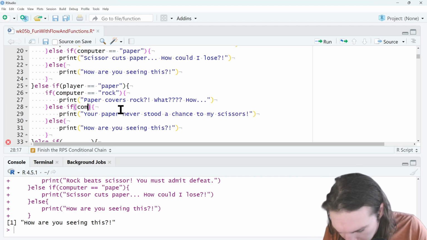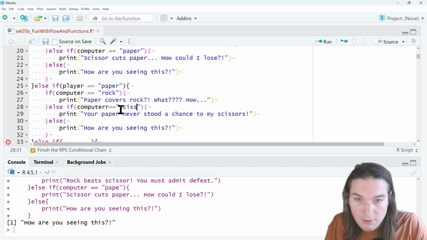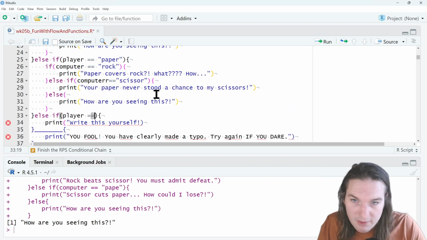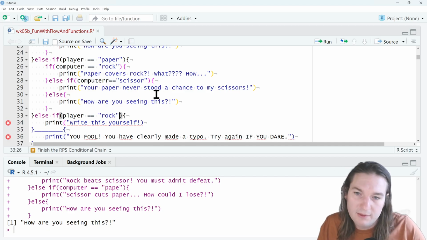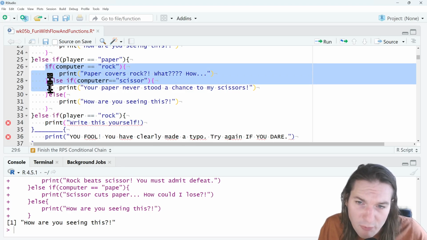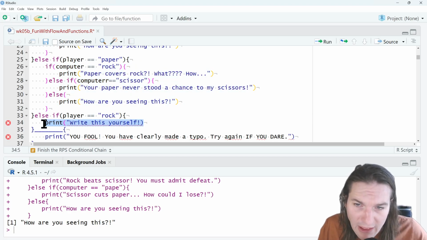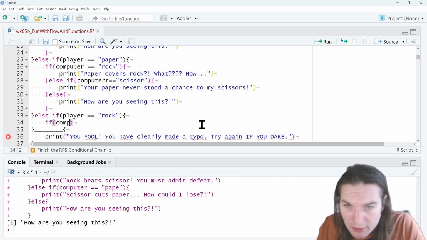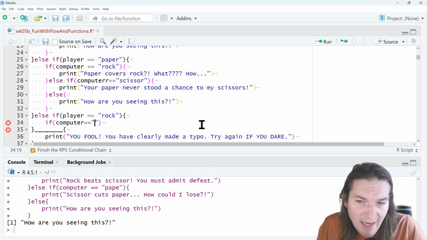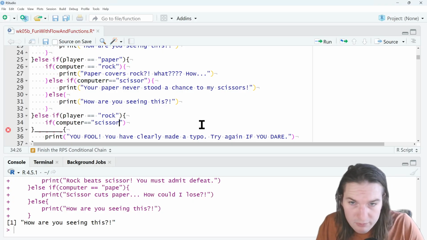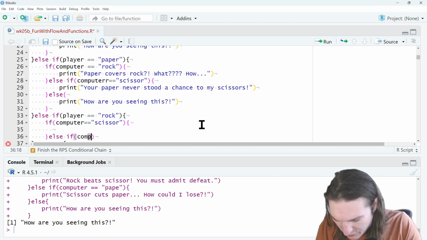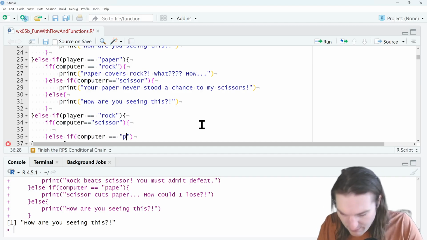When the computer played scissors. When the player played rock. And here you would just fill it in with stuff like this. I could copy and paste it if I want to, but we can just quickly go through. So if the computer in this situation, well, not rock, because I've already checked for rock when I checked for a tie. So scissors. Else if the computer played paper,